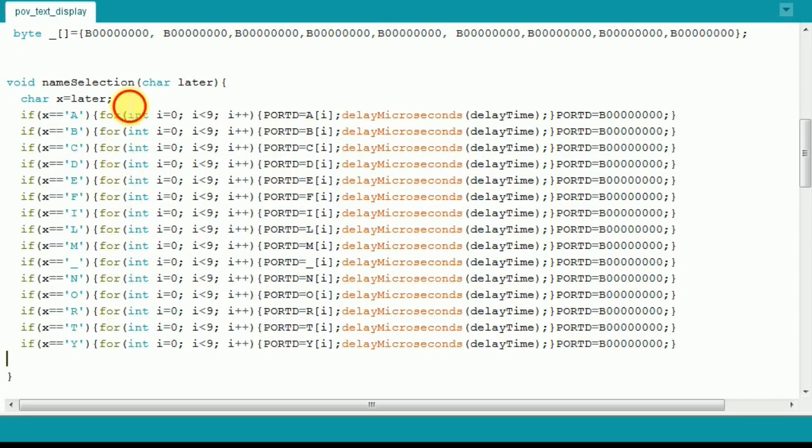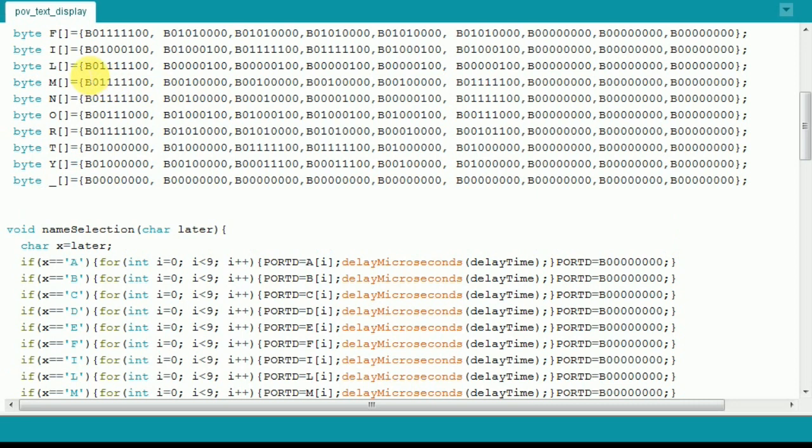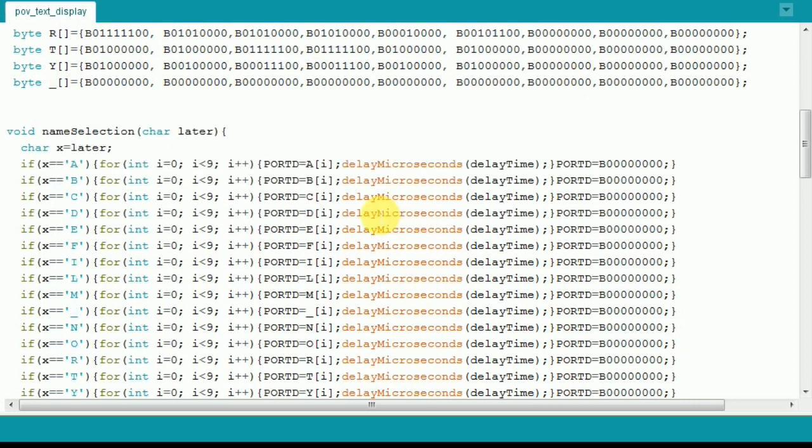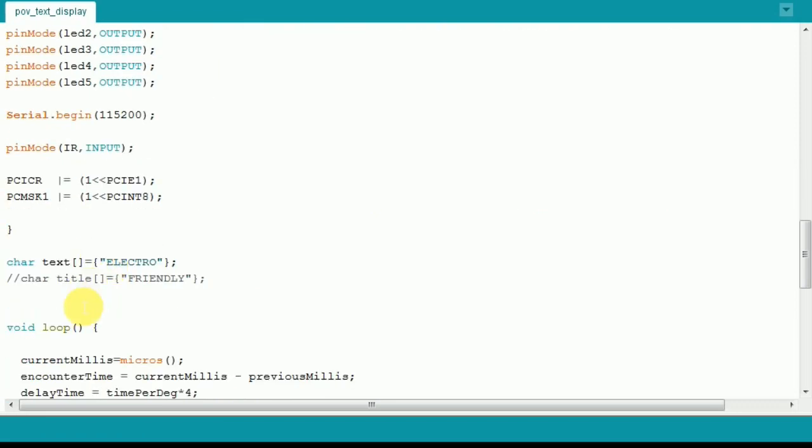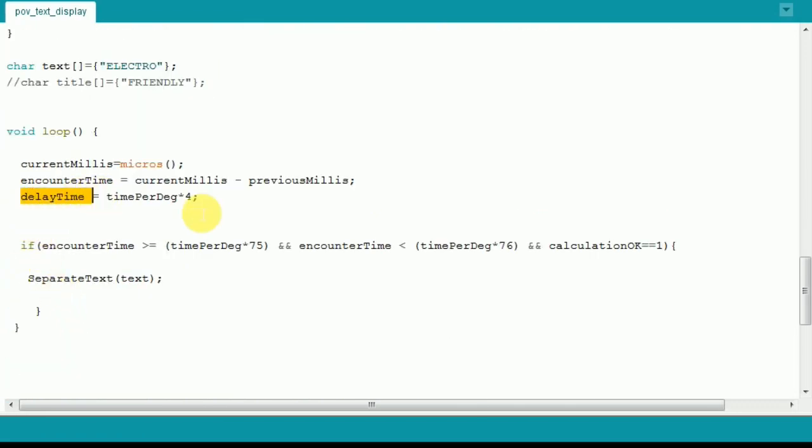If x is a, it enters the for loop and runs it 9 times because I have 9 columns in 1 byte array. Then it separates each column one by one and sends it to port D to turn the LEDs on and off. After turning on the LED, there is some delay which is calculated here, and then all LEDs are turned off.